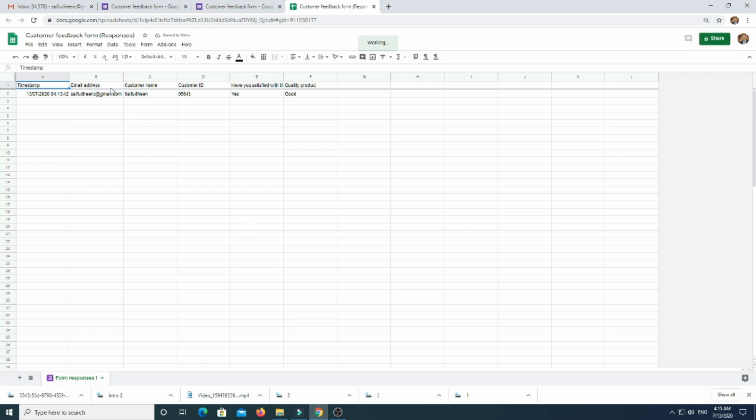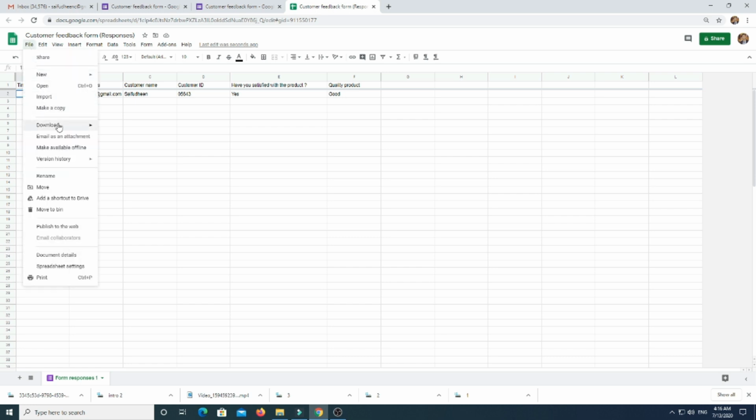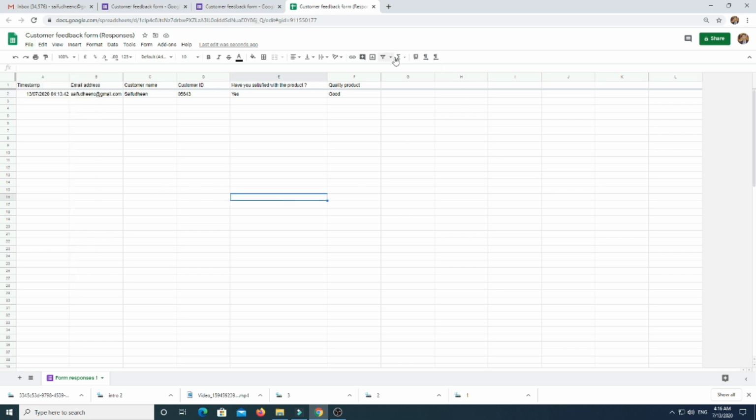All the tabs we created, everything will display here. One more thing will display: timestamp. That means the exact date and time you submitted will also display here. In this data, as usual in Excel, you can make a copy, you can download, you can do filter, and whatever things you can do for a Google spreadsheet or Excel sheet, everything